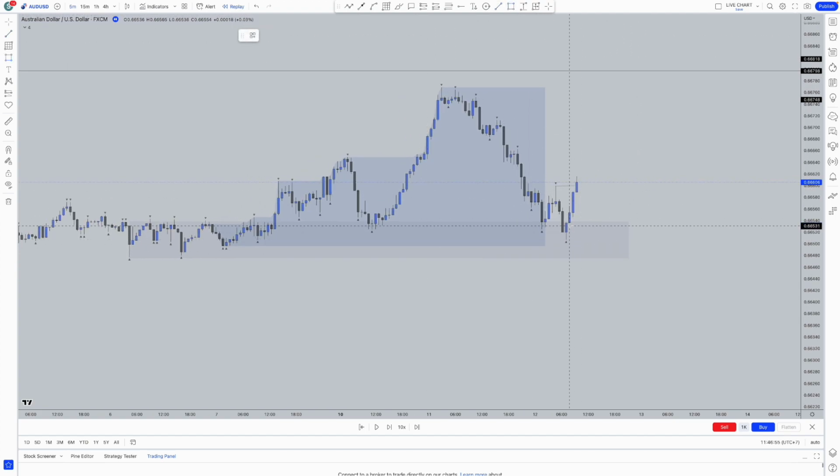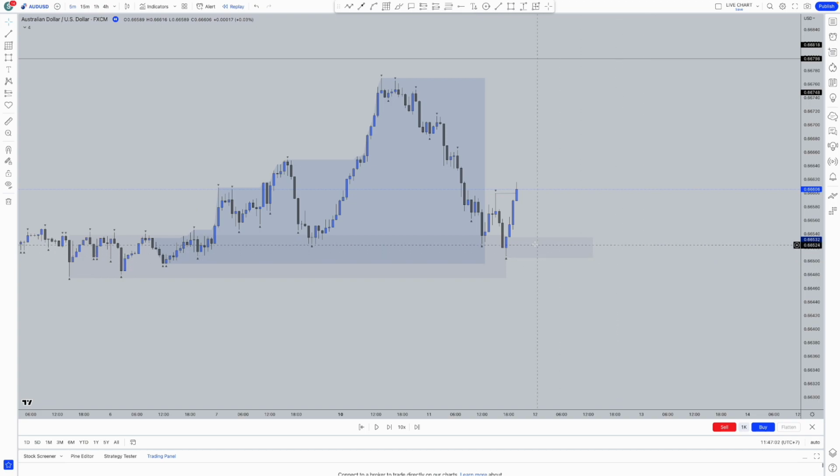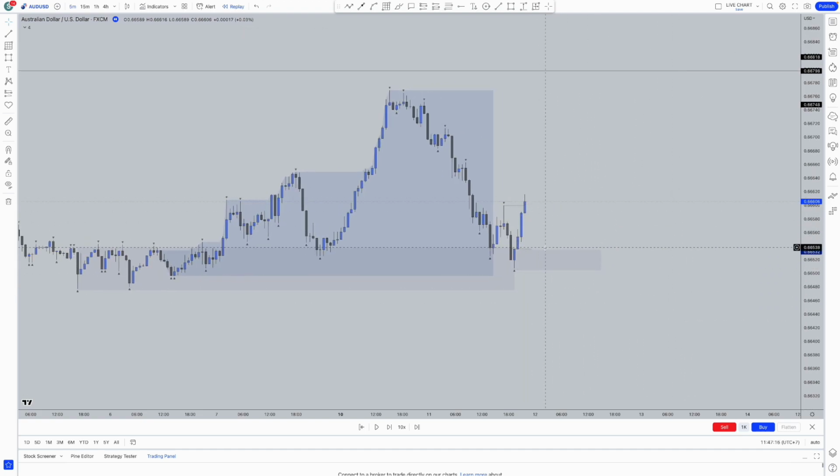What swept liquidity is very accurate also, however, this is where the voids have been working great for myself. So I would normally look to trade from here, and sometimes I wouldn't get tagged. And you can see from here to the next candle we have a void here. So great reason for price to come back and obviously continue. You'd normally just trade from here,